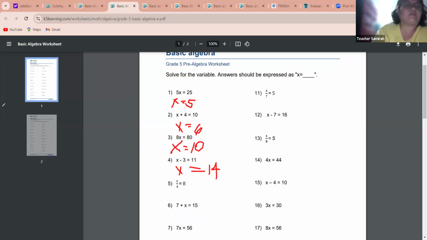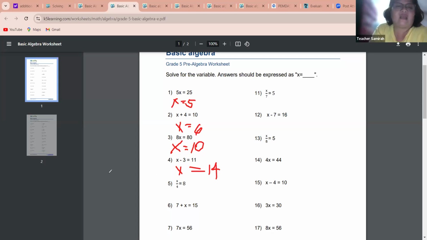Okay, so x over 4 is equal to 8. There are two methods or options wherein we can solve for the value of x. We can use the cross multiplication process: 4 times 8 would give us x is equal to 32. Or multiply x over 4 by 4 to remove the denominator 4. And since we multiplied 4 to the left side, we should also multiply 4 to the right side. And that would give us x is equal to